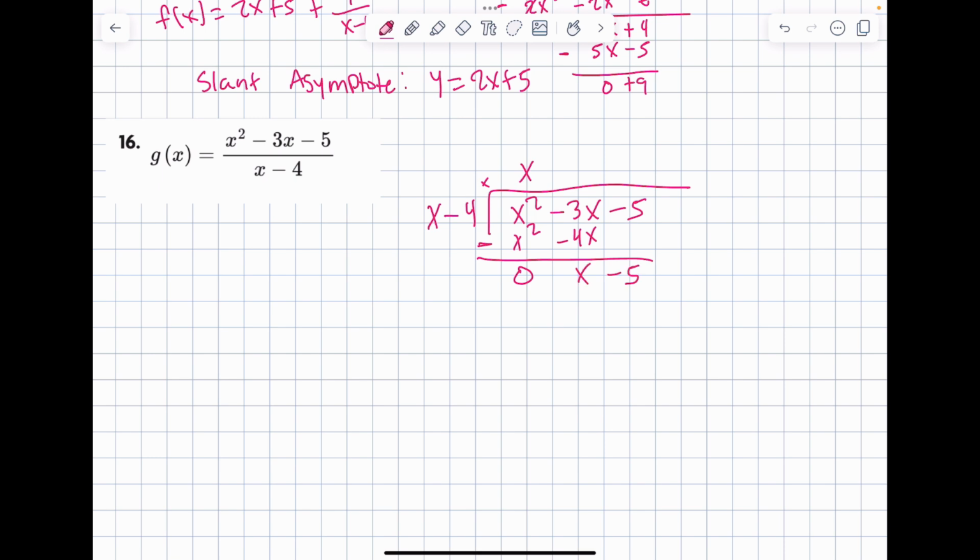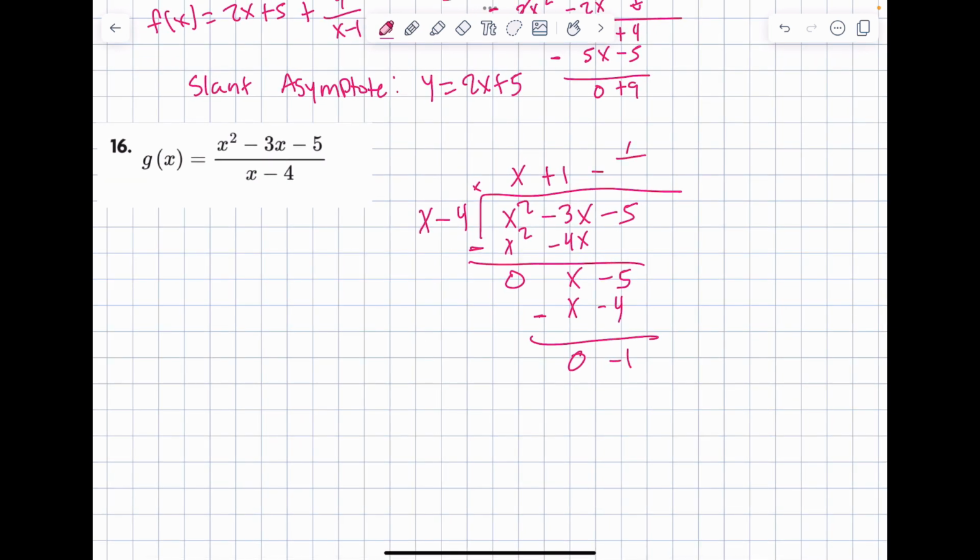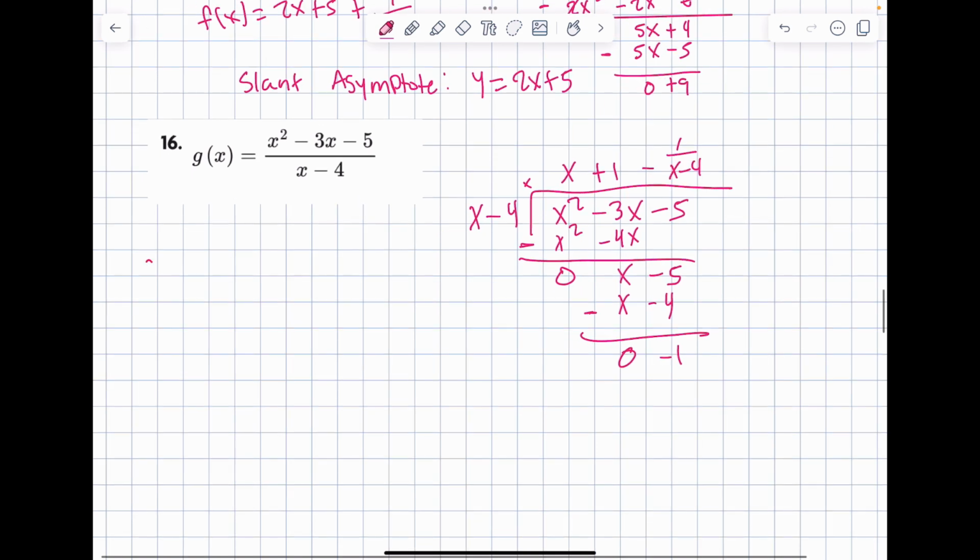Here we have that x goes into x just plus 1 time. This is x. This is negative 4. And we subtract them, so we get 0. Then we get negative 1. So then we write this as minus 1 over x minus 4. Okay, so then g of x is equal to x plus 1 minus 1 over x minus 4, and